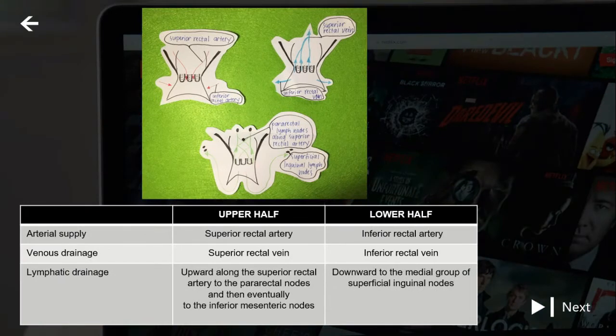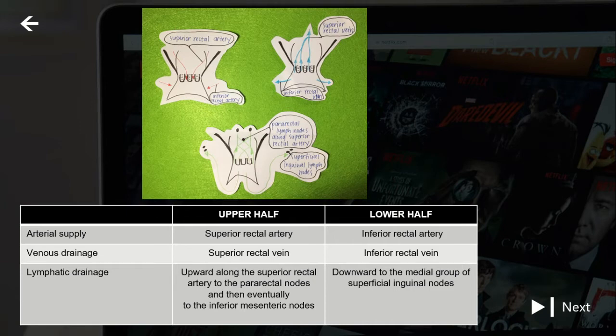Comparing its arterial supply, venous and lymphatic drainage, the upper half is supplied by the superior rectal artery, which drains to the superior rectal vein for its venous drainage. Its lymphatic drainage is mainly upward along the superior rectal artery to the pararectal nodes and then eventually to the inferior